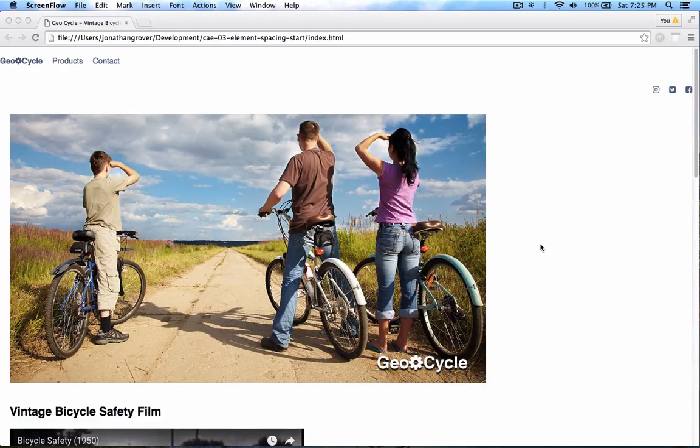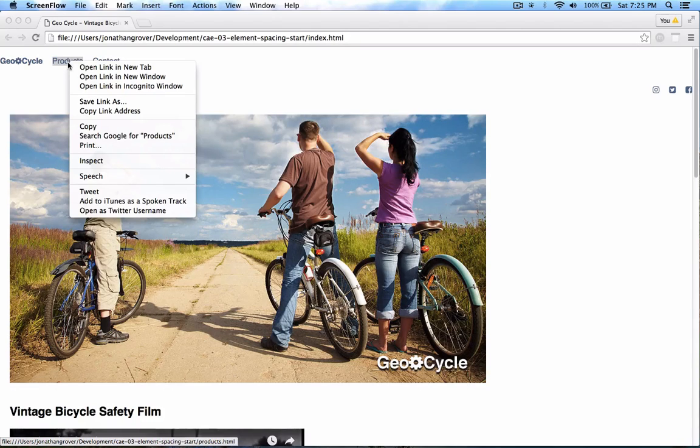Next, let's briefly look at the way we can use the developer tools to preview changes to the box model on our elements. So let's say I'd like to adjust the padding on the right side of my links inside my main navigation. First, let's inspect one of our links here. So I'm going to right click on the products link and select inspect to bring up the